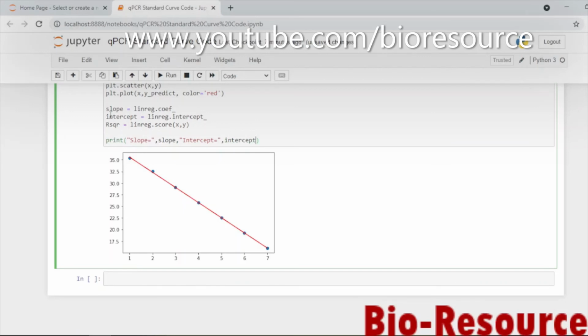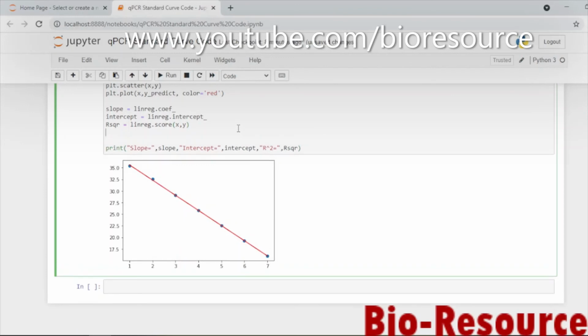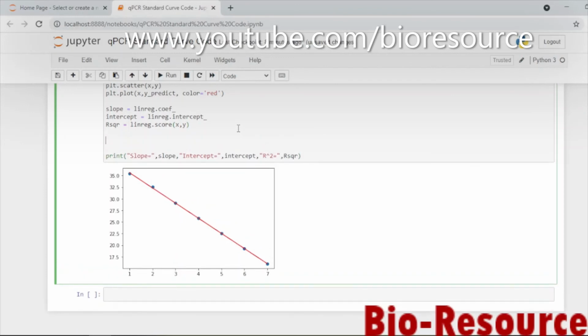And the r square value, r square equal to, that is we have assigned rsqr, this one, comma rsqr.